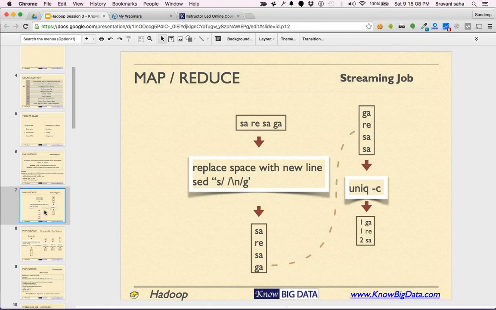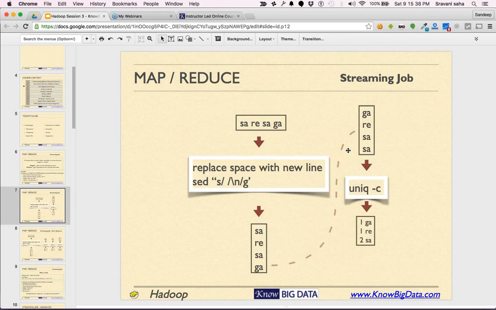Now Hadoop takes your mapper and runs it near the data. For each record in the input, it is going to execute your mapper, and that would result in one word per line. This dashed line represents what Hadoop is going to do with these results next.